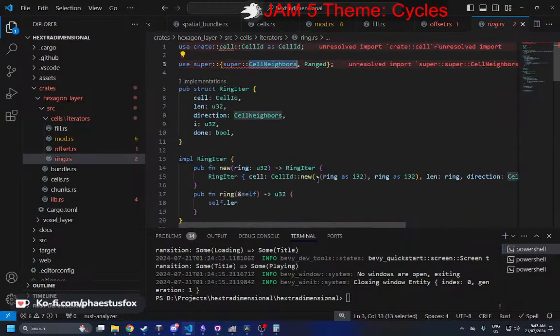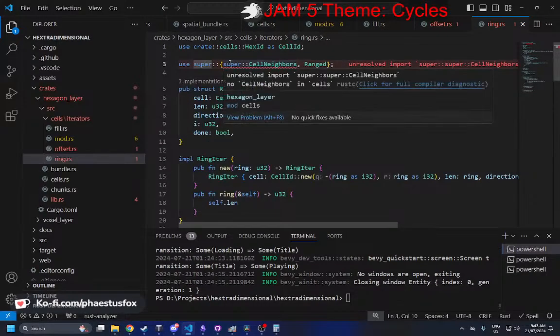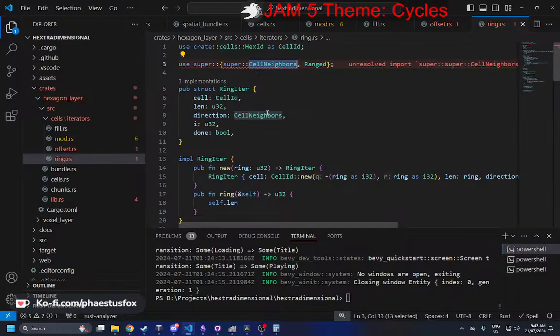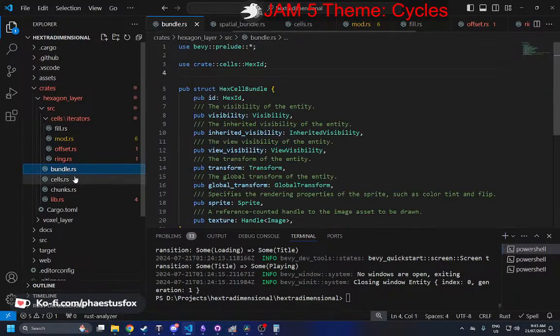Okay, so cell neighbors is directions. I'm pretty sure the ring one's the only one that works, so I kind of have to. We'll just do this in hex ideas. There we go. Never rename anything now. So super to sub and so cell neighbors, and I'm pretty sure, again, this is just going to be a bit of code we're going to have to pinch because